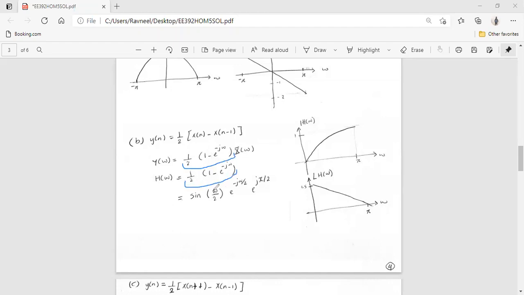And then we can further simplify this by factoring e to the power of minus j omega upon 2. So we'll be left with, for this particular term, half, if we factor out e to the power of minus j omega upon 2. So we are left with,